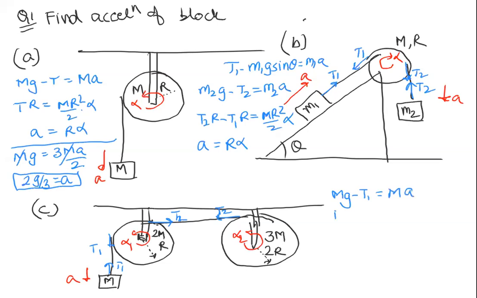We get T1R minus T2R is equal to M into R square by 2 into alpha 1. Then we get T2R is equal to 3M into 2R whole square by 2 into alpha 2. कहाँ पे T2 बेटा? कहाँ पे? अच्छा,